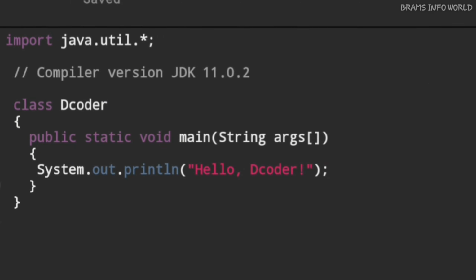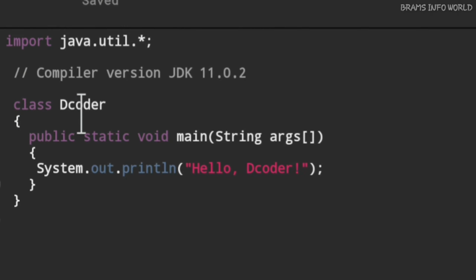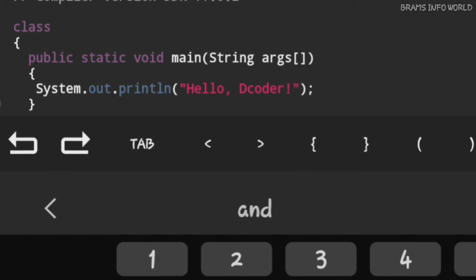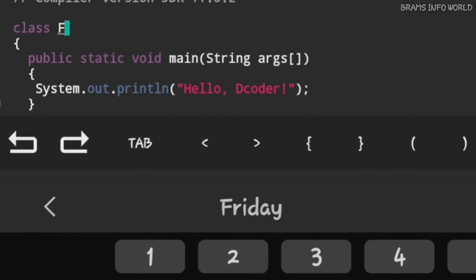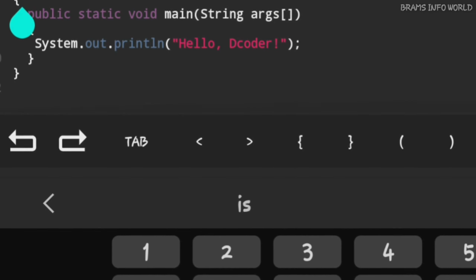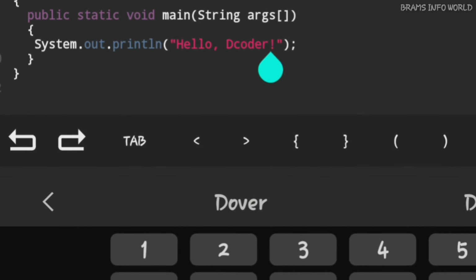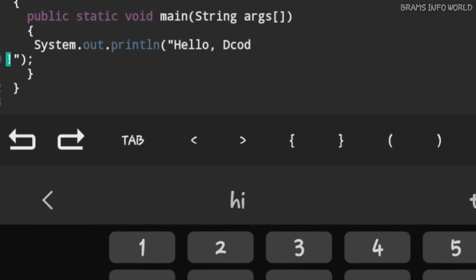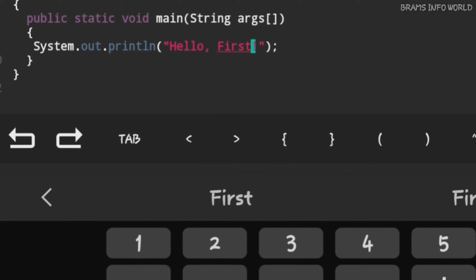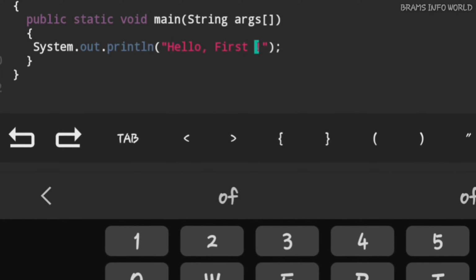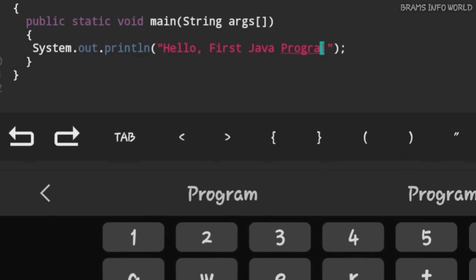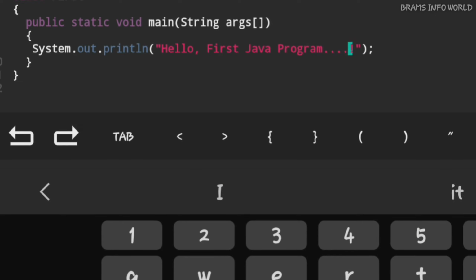You observe that there is a class decoder, right? In place of decoder, I'm going to type first. Then hello first Java program. You can type anything here.